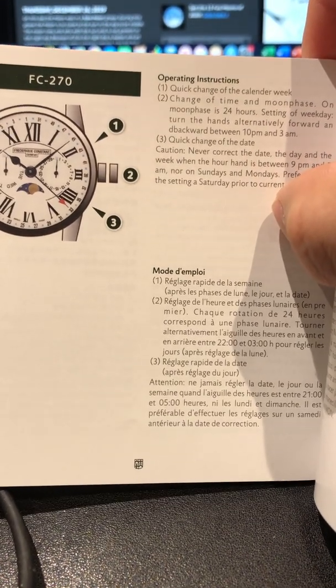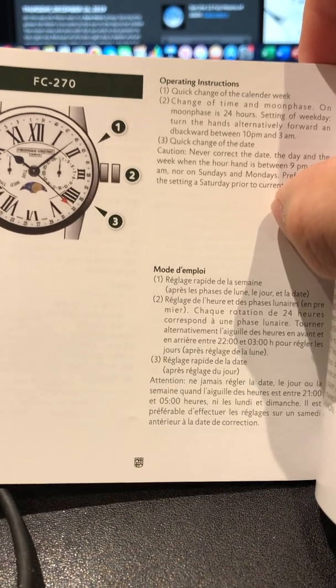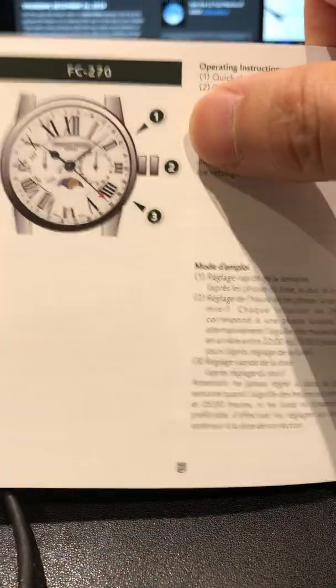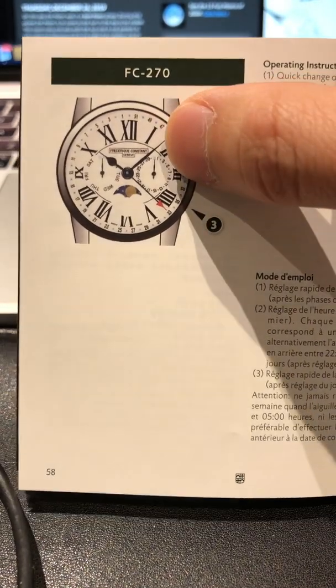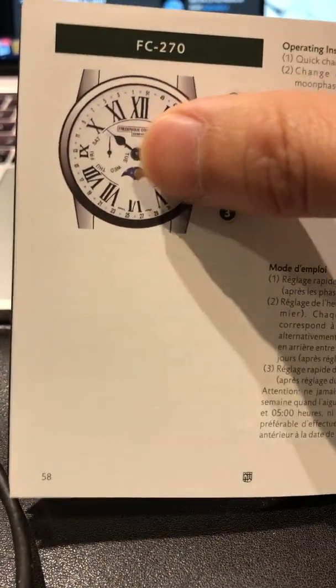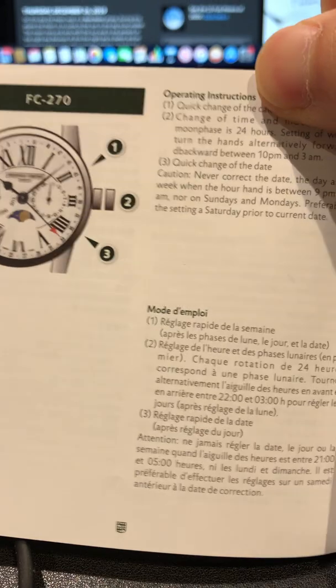Setting the weekday, turn the crown alternatively forward and backward between 10 p.m. and 3 a.m. So the crown does three things actually. Number 1, obviously adjusts the time. Number 2, it adjusts the moon phase. Number 3, it adjusts the day. All right, so